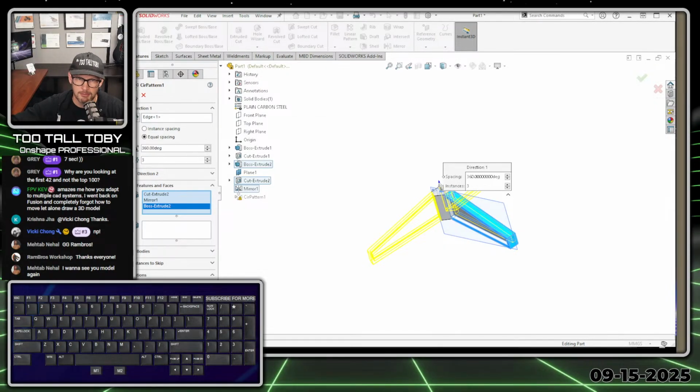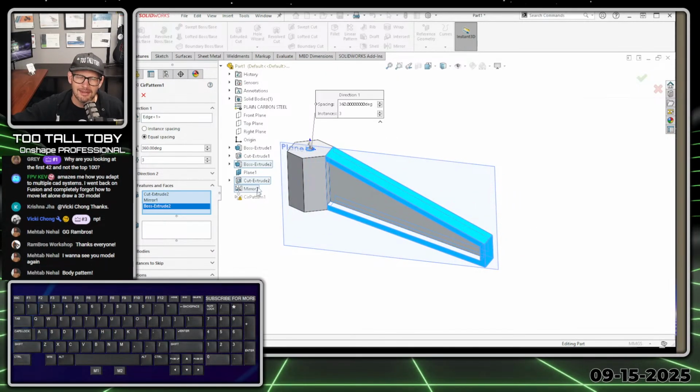Now geo pattern shouldn't be on. Nope, still doesn't like it. Okay, yeah, it is. It might be that I could do it as body pattern. The other thing is, because the end condition of the cut extrude is dynamic, like when you do, basically what